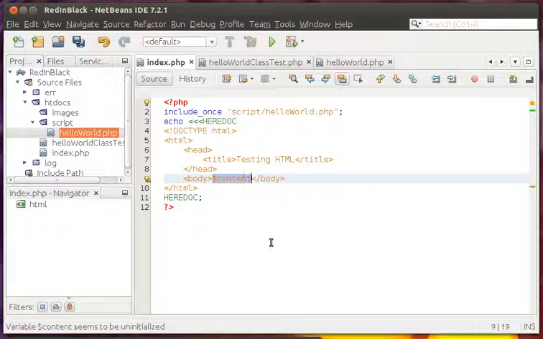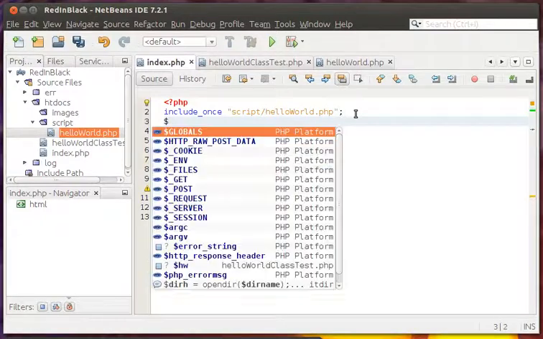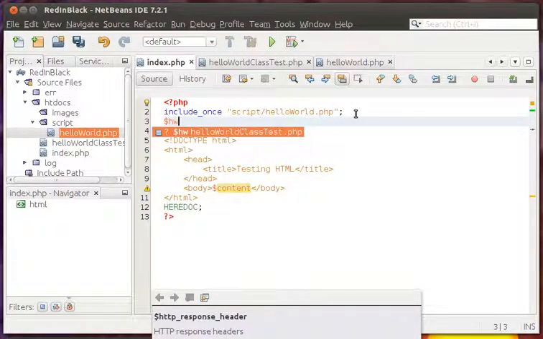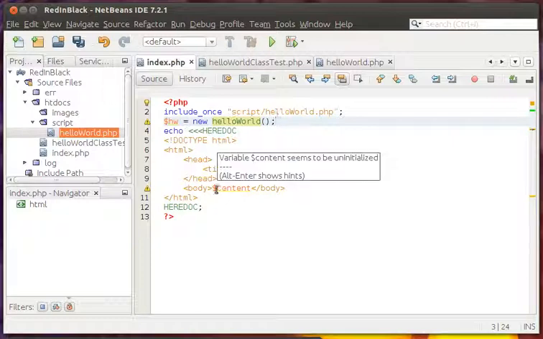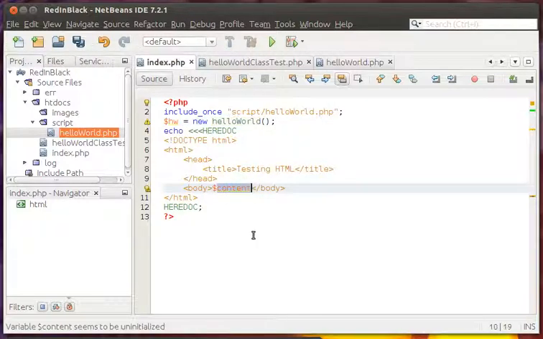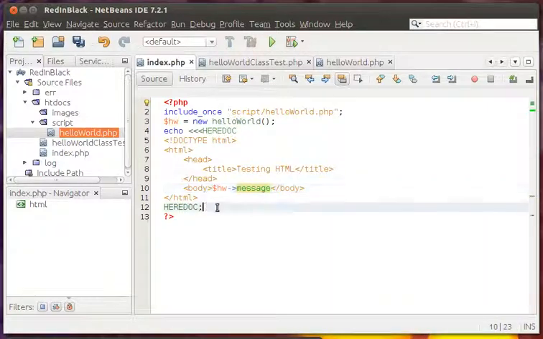to echo. We're gonna create the object first. So I say hello world is a new hello world. There you go. That's the object. And here I just want to show that variable that we create, and this is how you make it. That's all. Because it's public, you see that with NetBeans, and once you include it, it gives you all the